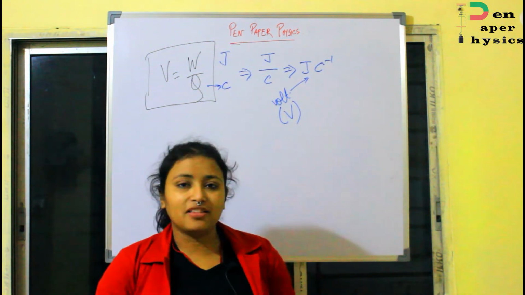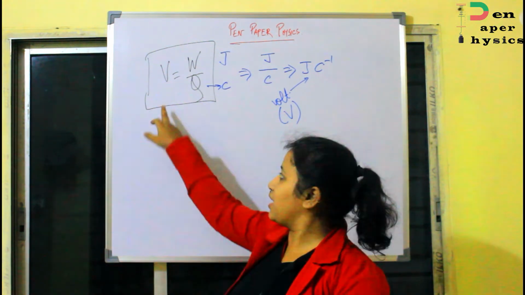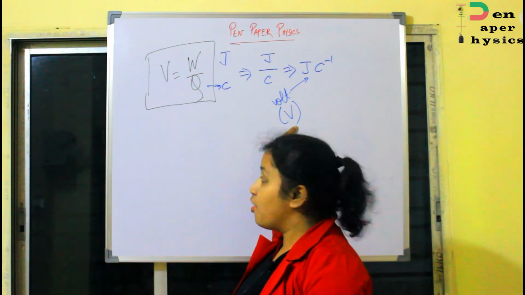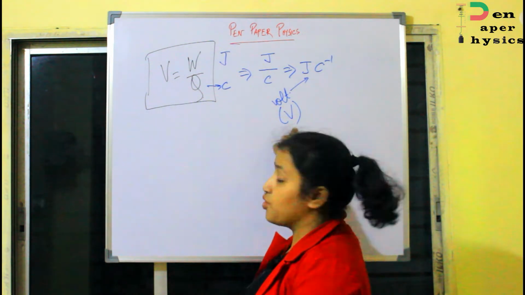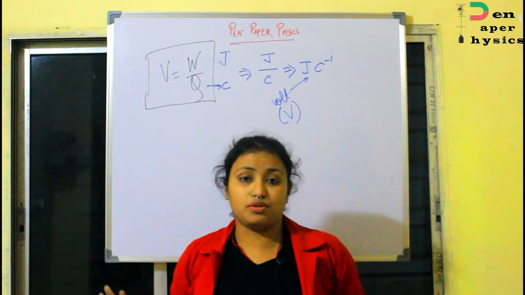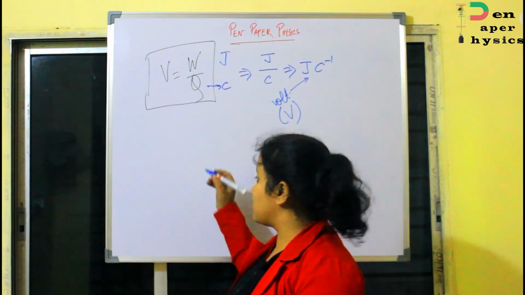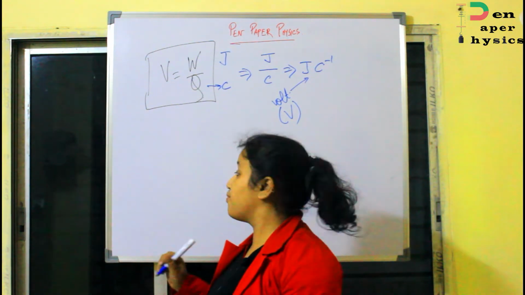Now it's a very funny thing over here that the symbol for potential is also V and the SI unit of potential is also V. But it is a symbol, and this is the unit volt. Don't get confused between it. Now we will define what is 1 volt. We will define the SI unit of volt.